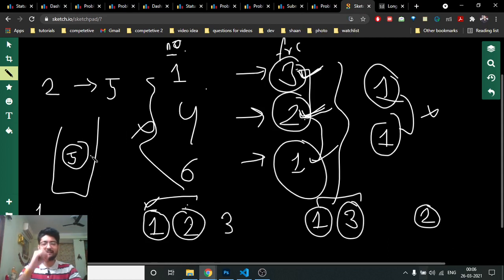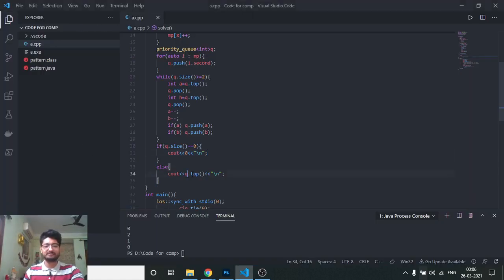So the last element, if there is some element left in the priority queue, that element is the frequency which I cannot pair with anyone else, because all those numbers are the same. So that's the answer, the priority queue value. The priority queue has only 1 element, because if it has 2 elements, then I can obviously pair them up and this will continue. But if there is no element left, which means that everything is paired up, the answer is 0, because the final length is 0. But if there are some elements left, then the answer is q.top, which means the last element in the priority queue.